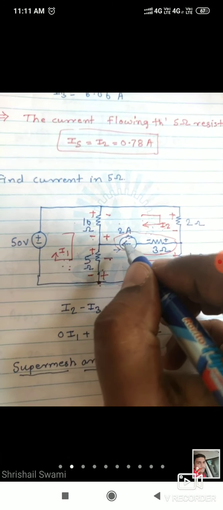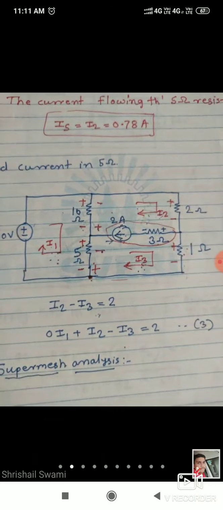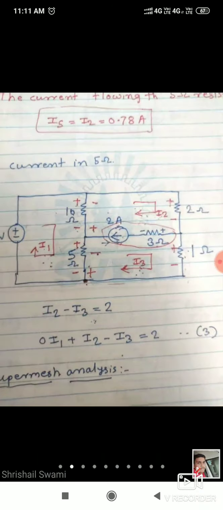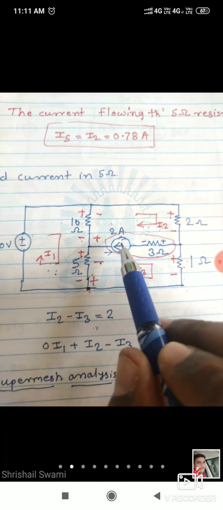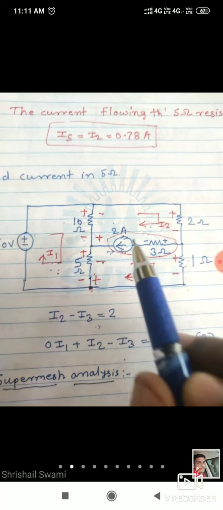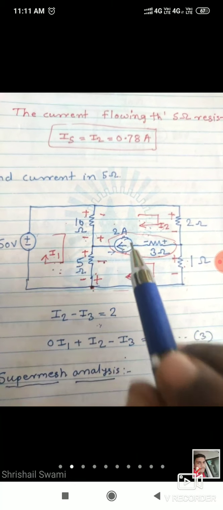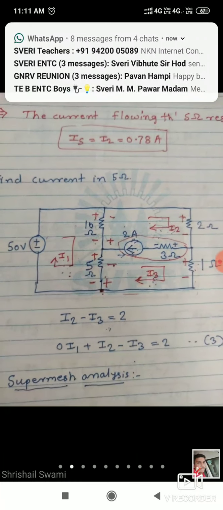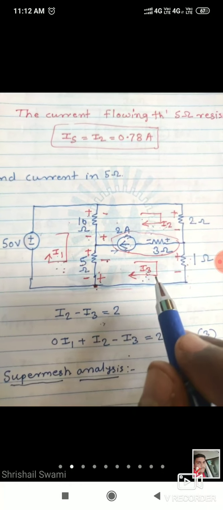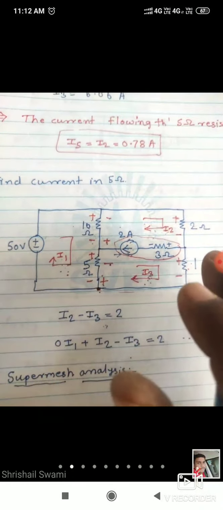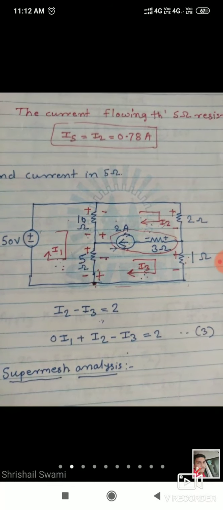When you observe a current source, we cannot find the voltage across this current source. So in the first and second step only, we can identify that this is a problem related to super mesh. We cannot solve it by simple mesh analysis. We can solve such type of problem by using super mesh. So two steps over, mark the polarity here also. Once the two steps are over, you can easily identify that this is a super mesh.